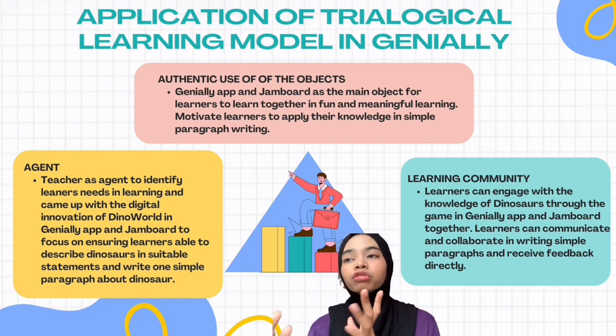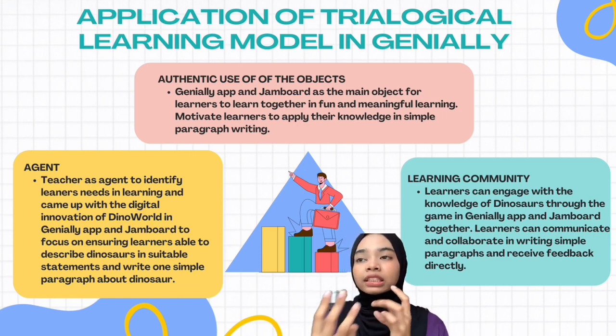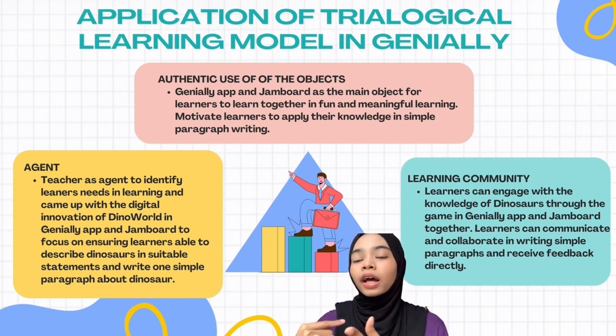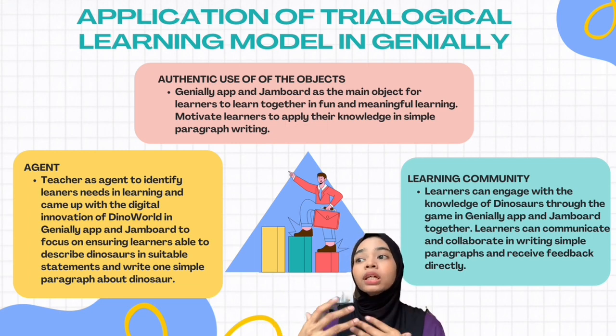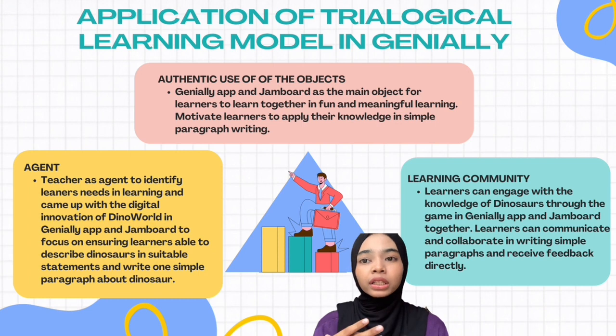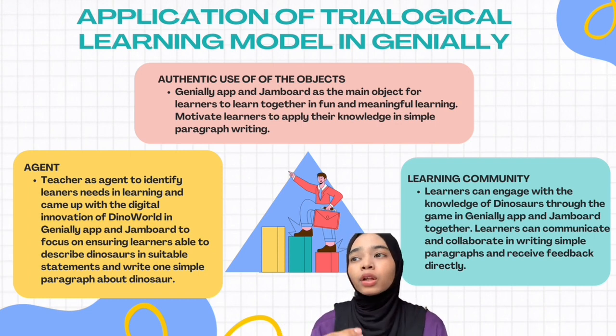That's why it is very important for this trilogical learning model for the three aspects to have a connection with each other, because without authentic use of the object, the people cannot experience the digital innovation that we have created, and we as the agent and the learning committee cannot have the feedback. That's why for the learning committee, the target learners are able to experience and use our project authentically, and then from them we as teachers can receive feedback on how we can improve